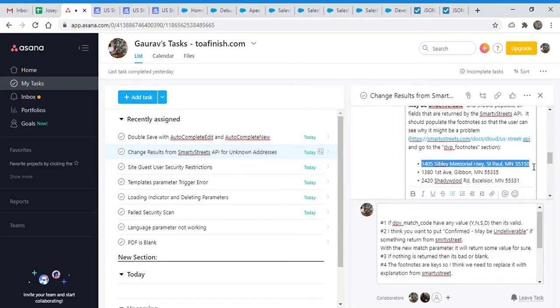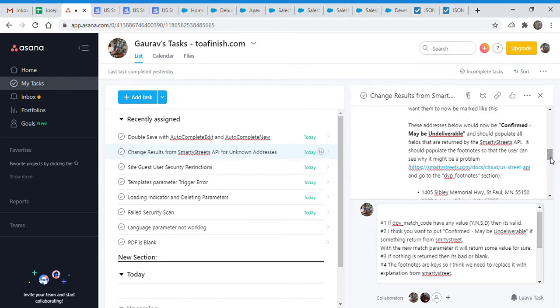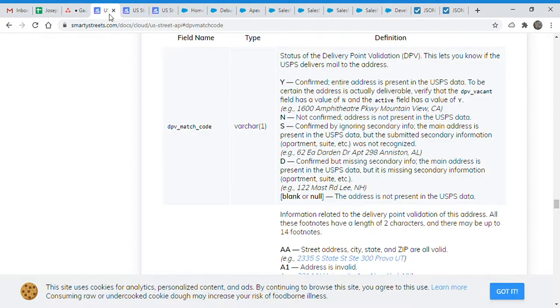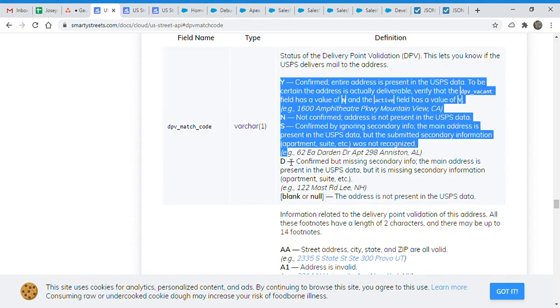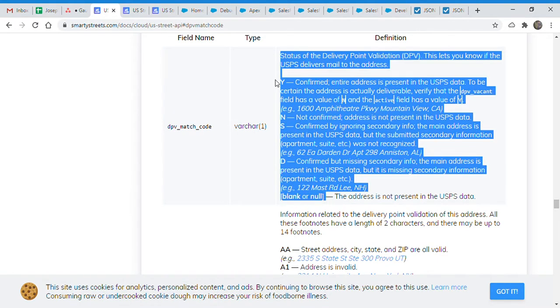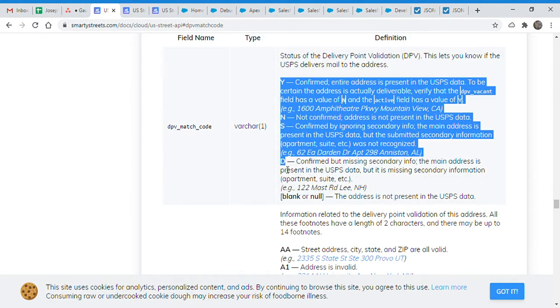I think you are saying that with this change, if nothing is returned, it's clearly bad or blank. But if something is returned, and the DPV match code has these values, it will mark the status based on these values.